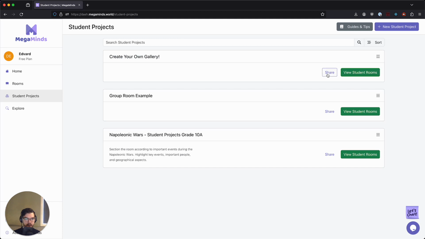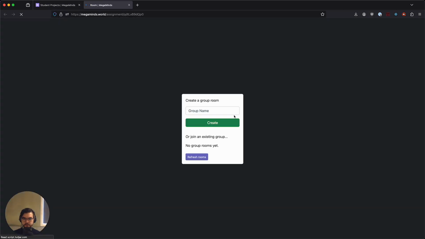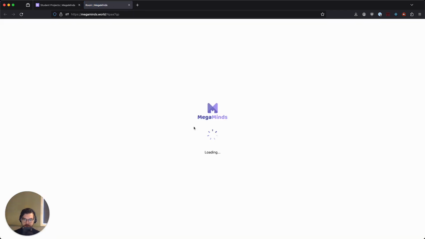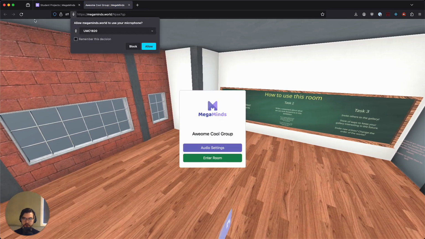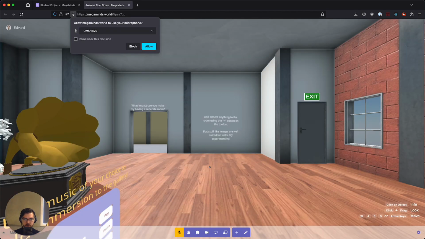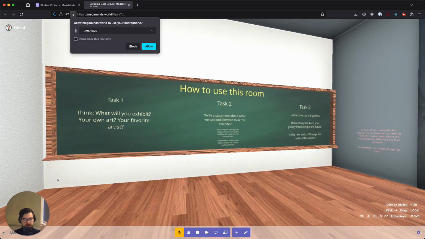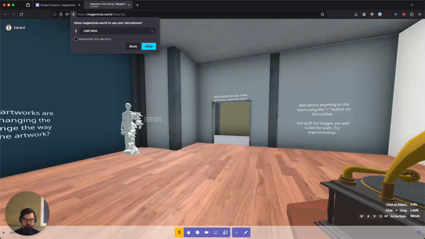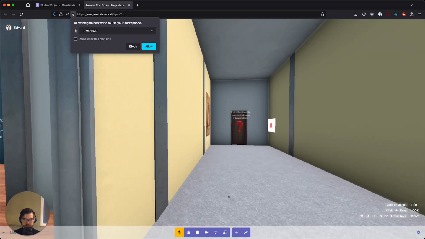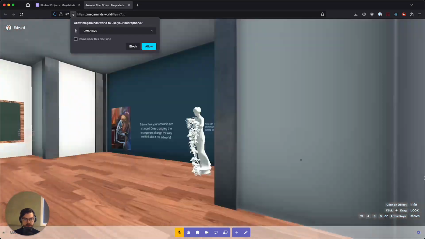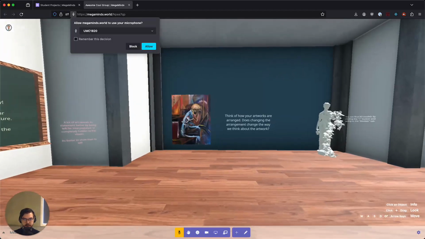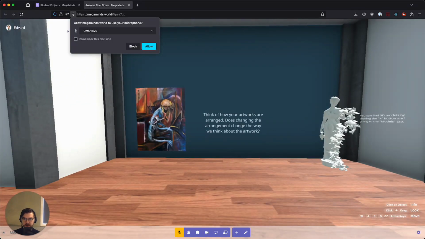I can click share, open this. I'll just write awesome, cool group. So this is your student's point of view after they click your link. And I'll have awesome, cool group here. And so this will be our room. There's already content here because this is someone who made this room as a template that your students can use. So your students can just go in here and follow the instructions, start replacing things, removing things, adding things